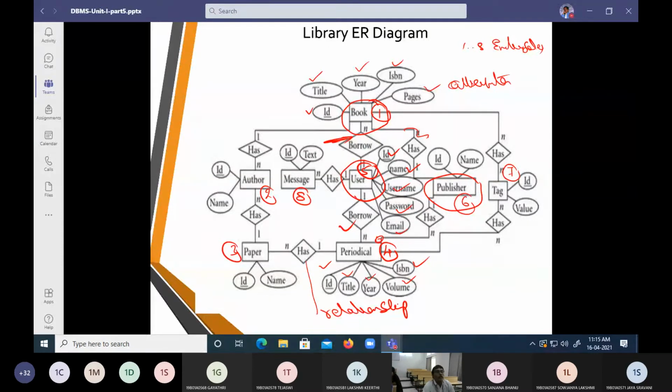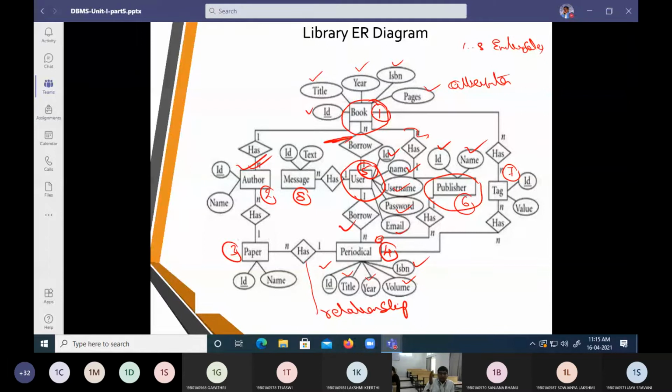So every publisher is going to have his identifier. He is going to be identified with his name. Similarly, every book is going to have an author. For example, let us take our DBMS textbook. The author was Professor Raghu Ramakrishnan and Gehrke.